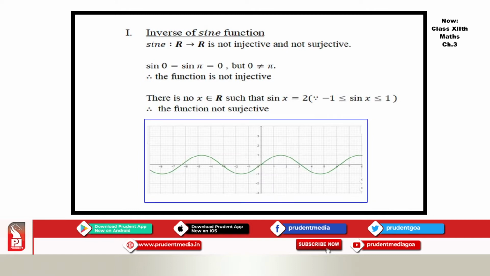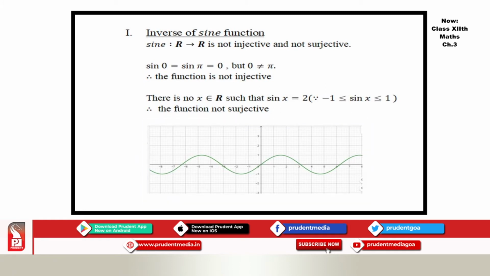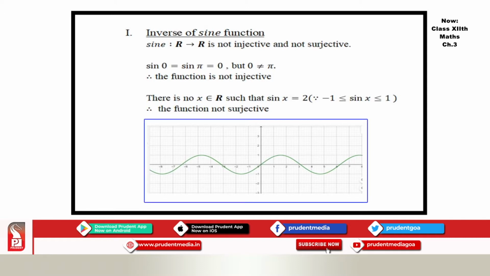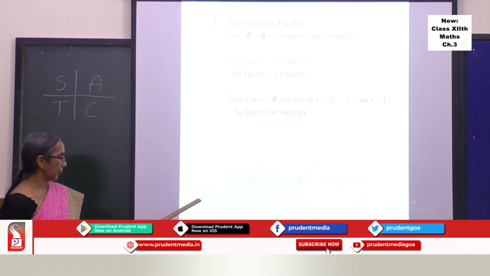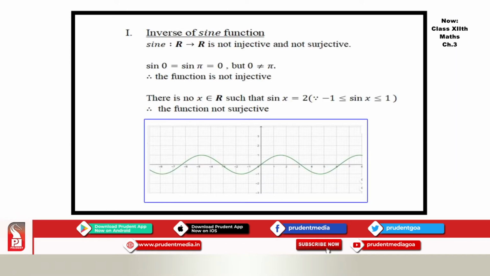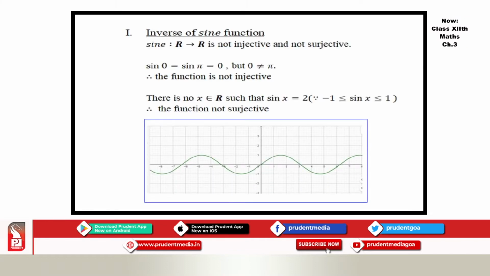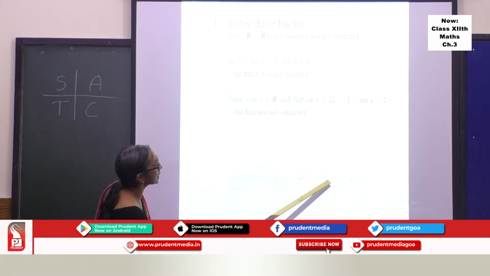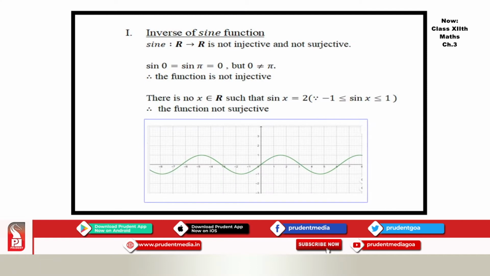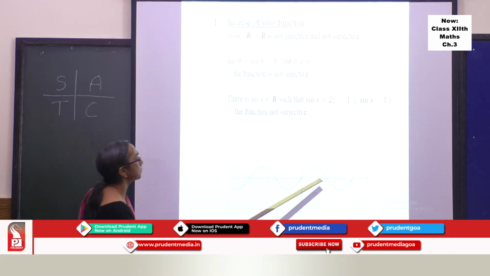And look at the graph of sine function. You know, it is like a wave passing through origin. When you take x-axis, what is the y coordinate on x-axis? 0. So, here y coordinate is 0, here also y coordinate is 0. That means what is this point? It is 0, 0. Sine of 0 is 0. That is why it is passing through origin. Similarly, this point you can see 3 here, just little more than 3, because you know that pi value is 3.14. So, here this point is pi.